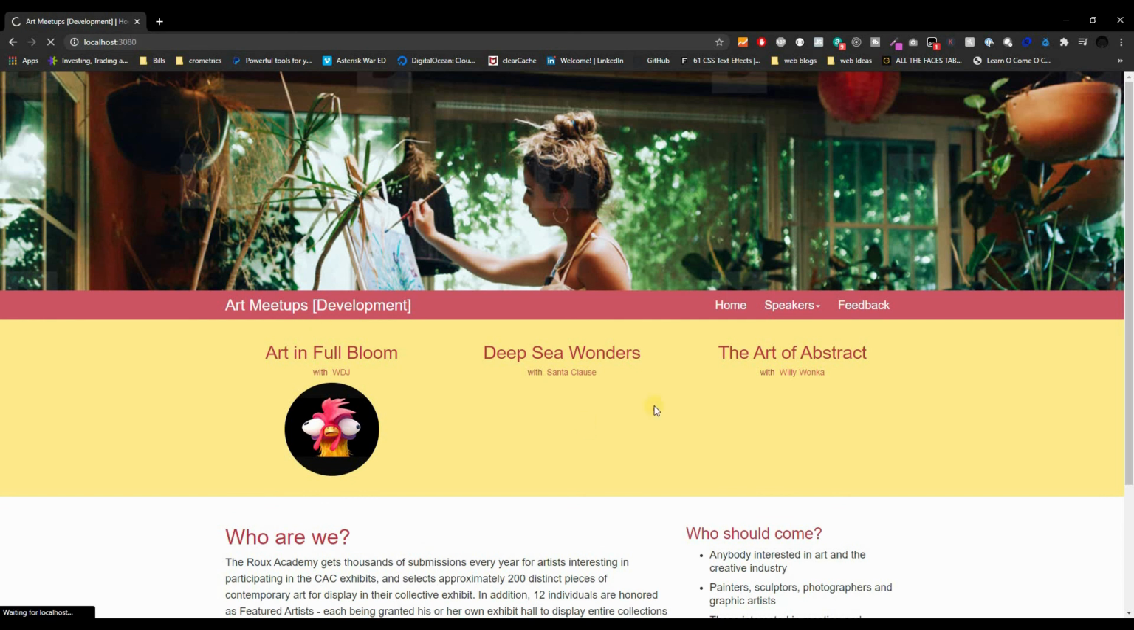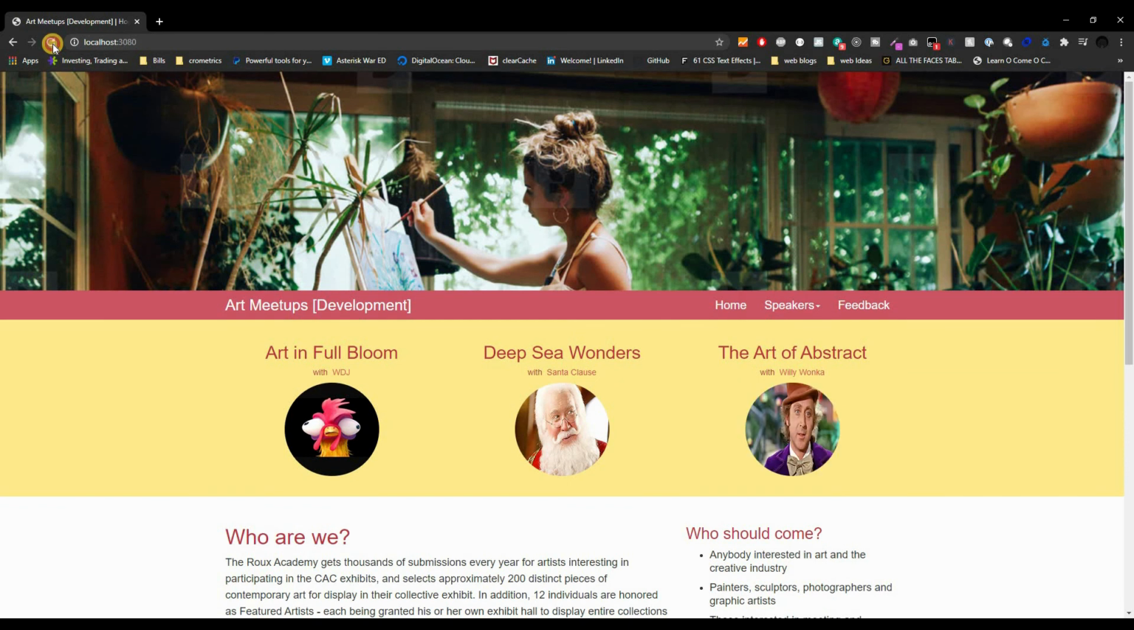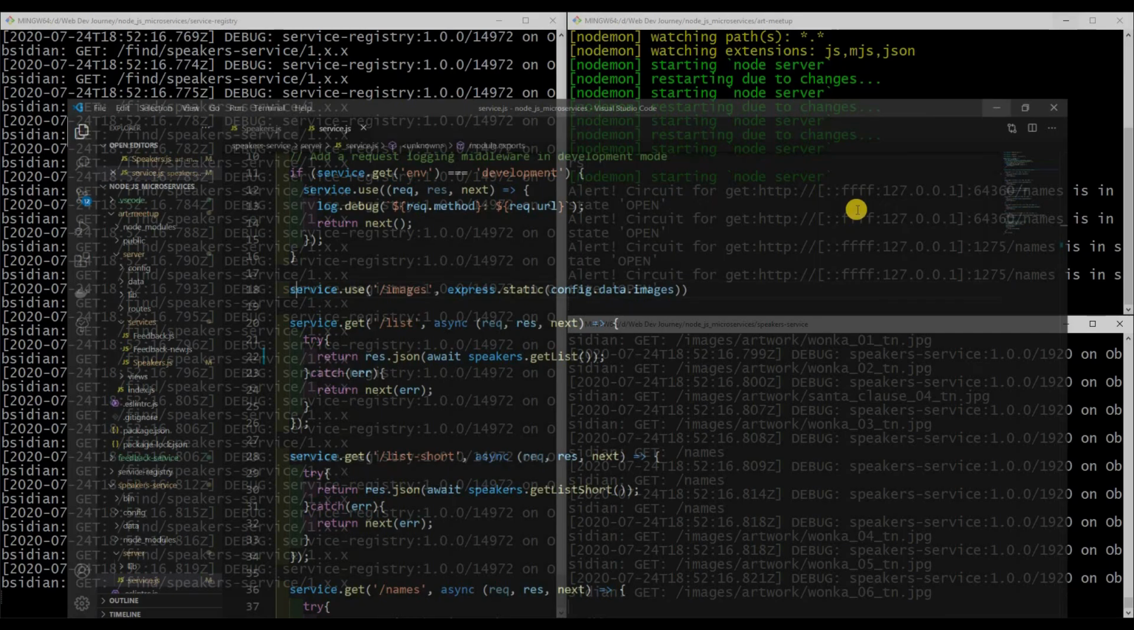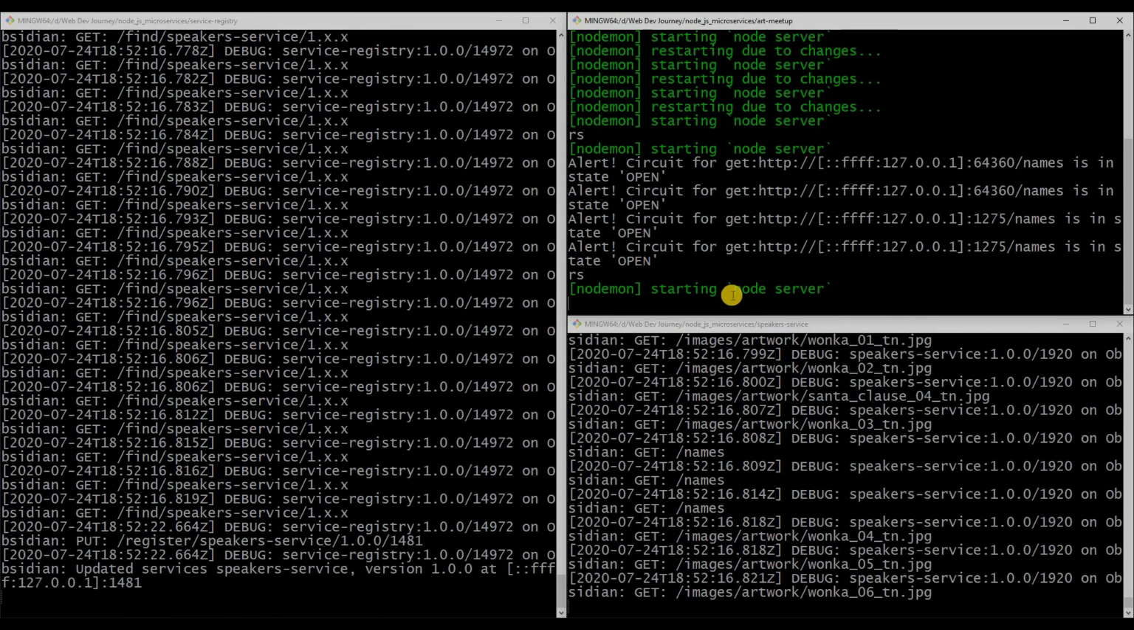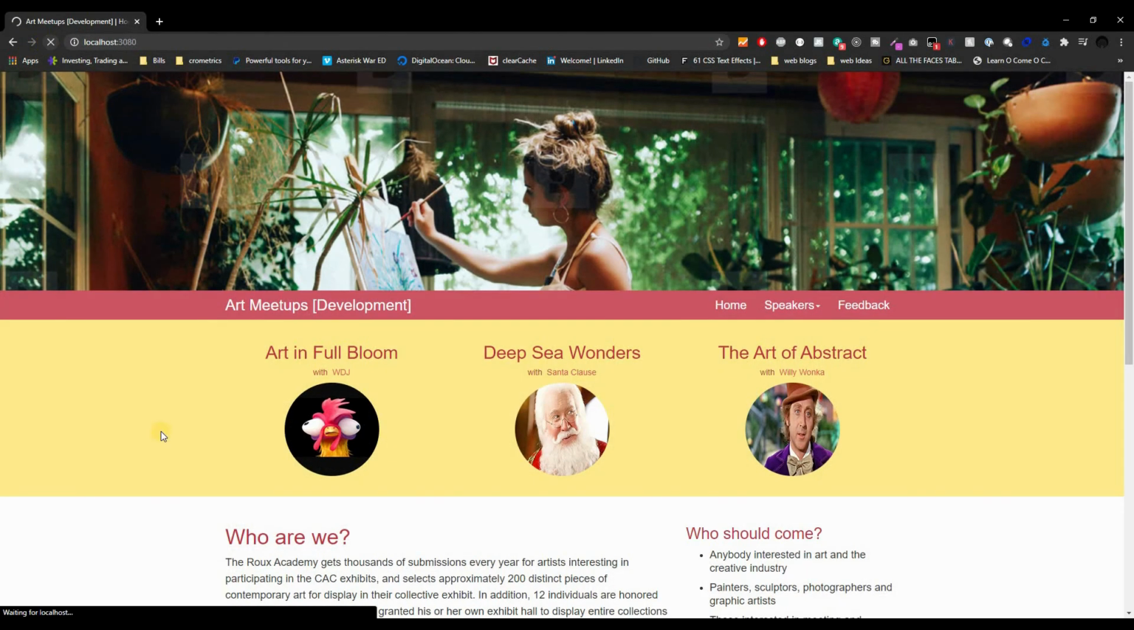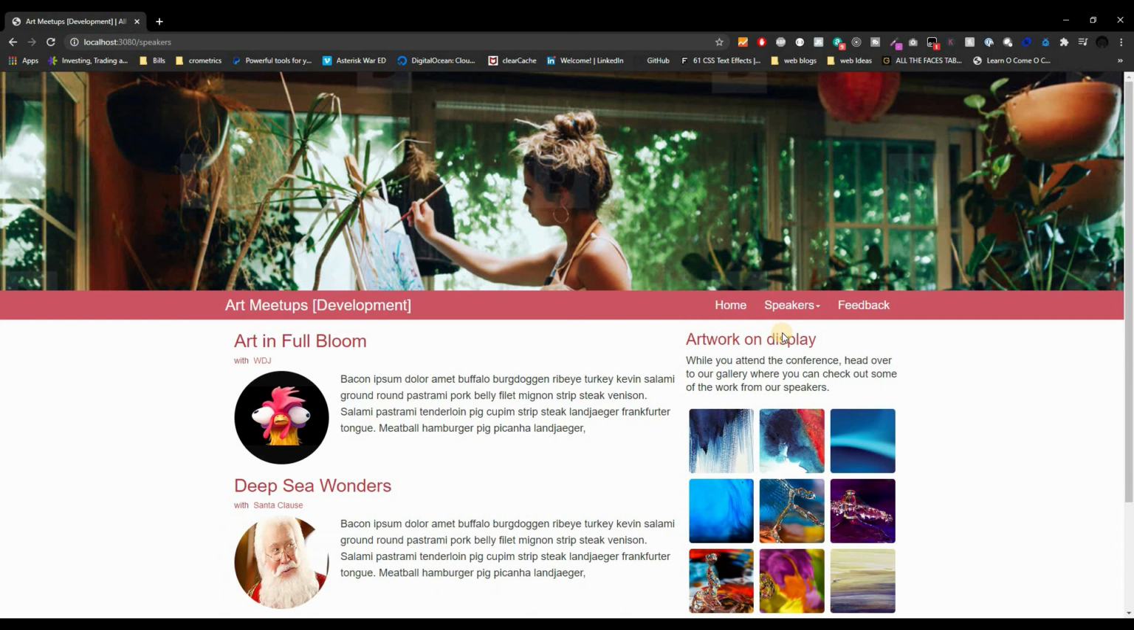Okay, yeah, we got our images. It takes a while, but we get our images. But why is it taking so long? Okay, there it is. We got it working. Hold on, sorry, I'm just checking. We have that circuit open. Okay, we don't want that, so I'm gonna just restart our application right there. Refresh the page, and okay, we got our images. Great. Now let's go to all speakers, and everything should still be working because we still have not crashed that